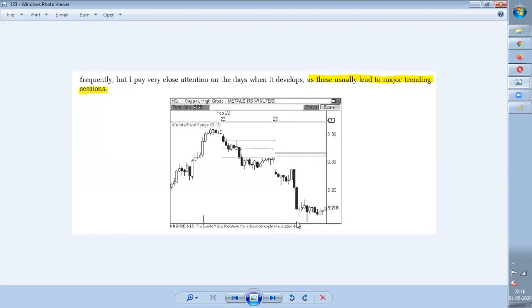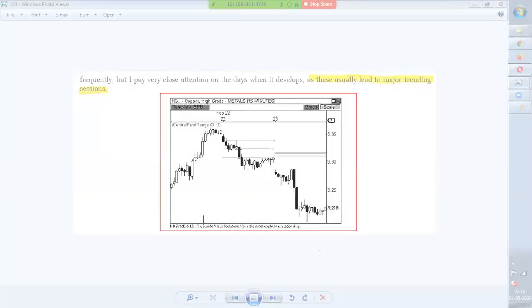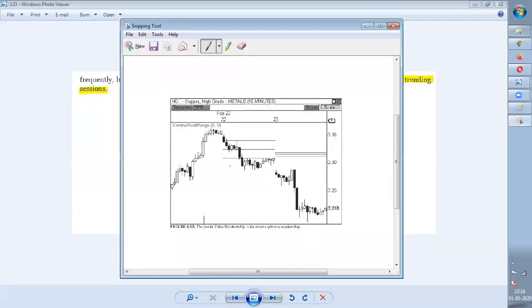I'll repeat it again. Once again, kindly watch this clearly. This is the range. The range did not get broken yesterday, and today there was a gap up below this range, and after that it again gave a pullback towards the same range and started moving down. This type of market is called an inside value area, where breakout and major trending days happen.